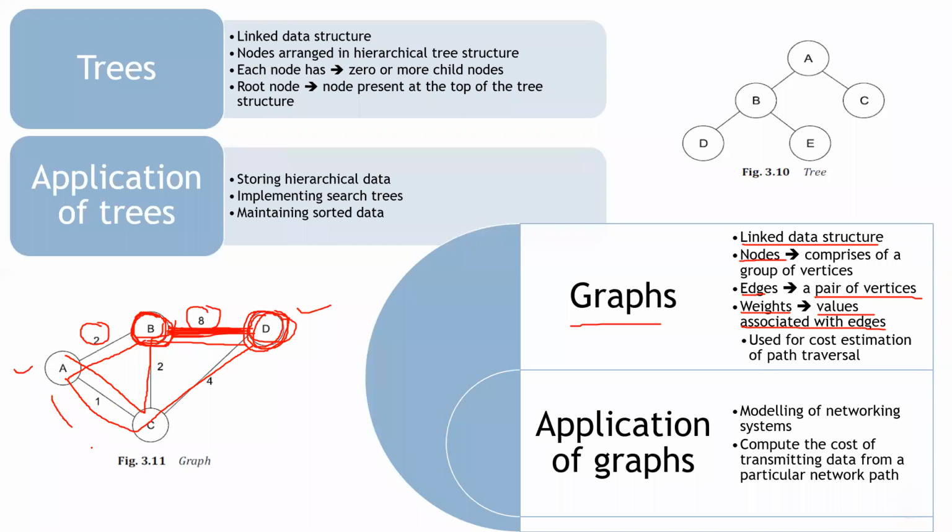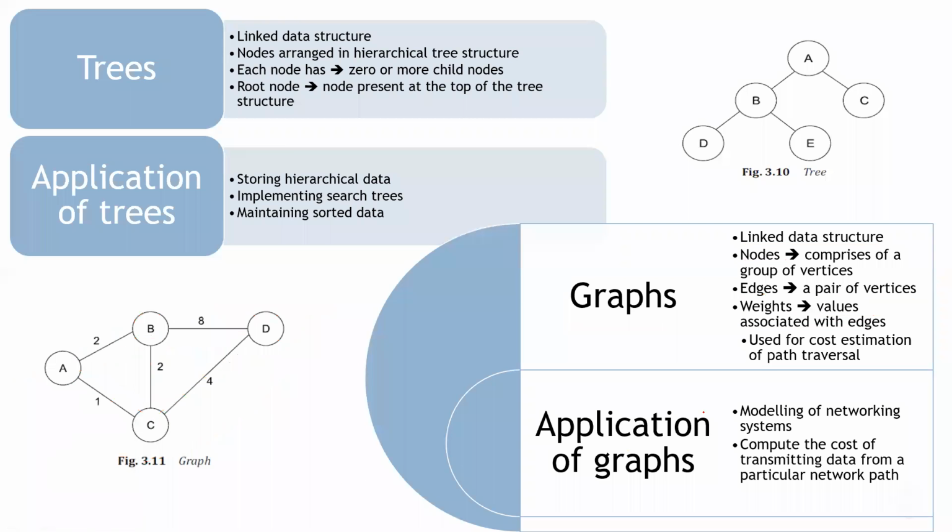The lowest is from A, C, and D. So in such conditions, we can make use of the graphs. So basically that is what modeling of the network system implies. These can be used to represent how the overall network is, whether it is a mesh kind of network, whether it is in star form, or whether it is in some tree form or any other form. So that we can identify using the graphs. So this is the application of the graphs.